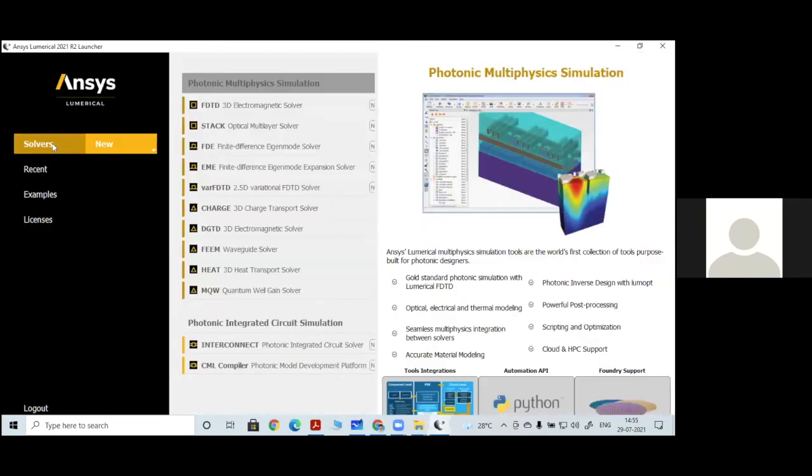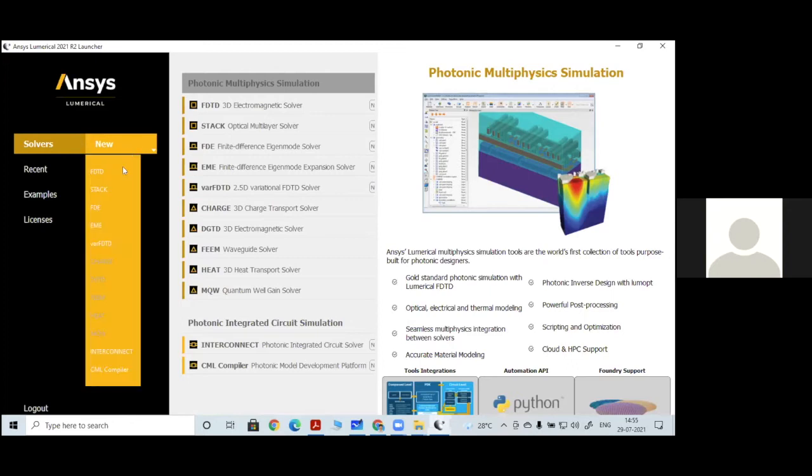First I have to select the solvers. As I told you, this ANSYS Numerical tool is used to solve the set of mathematical equations related to the propagation of light in optical structures. There are plenty of solvers available to solve computational electrodynamics and electromagnetics problems.